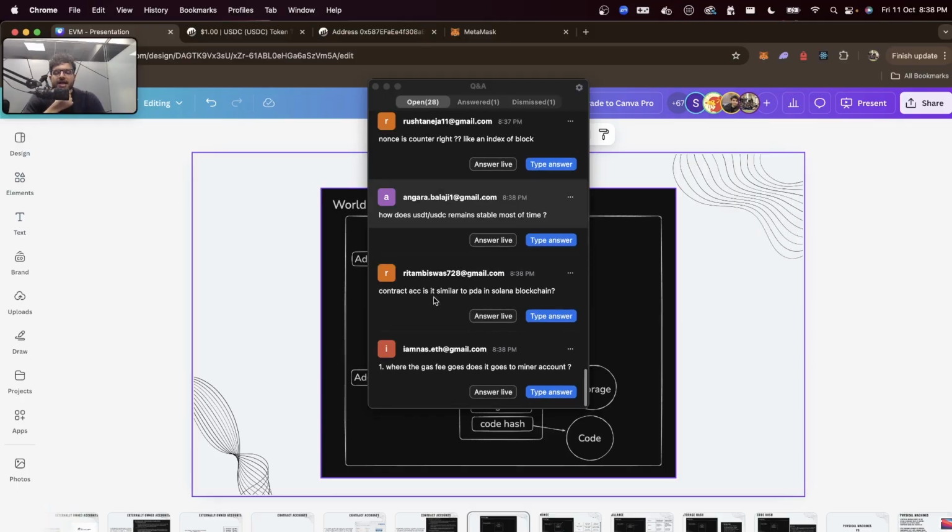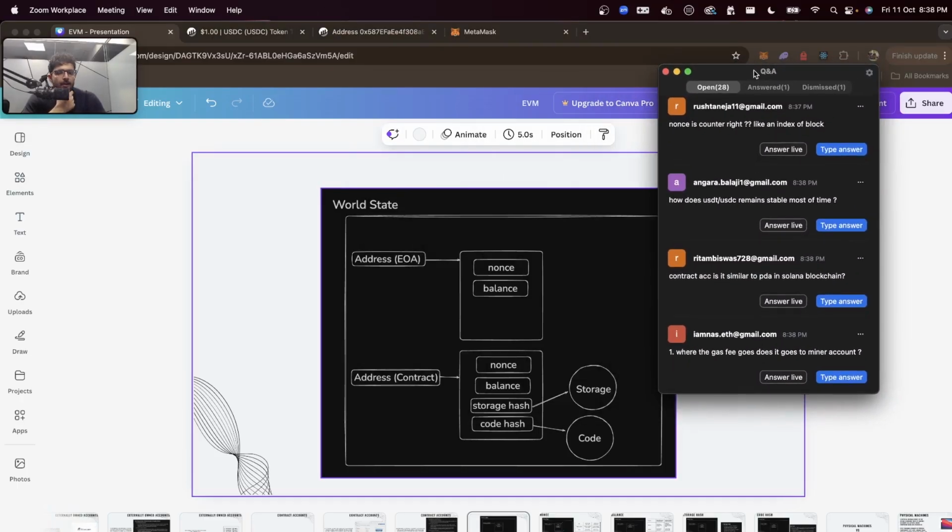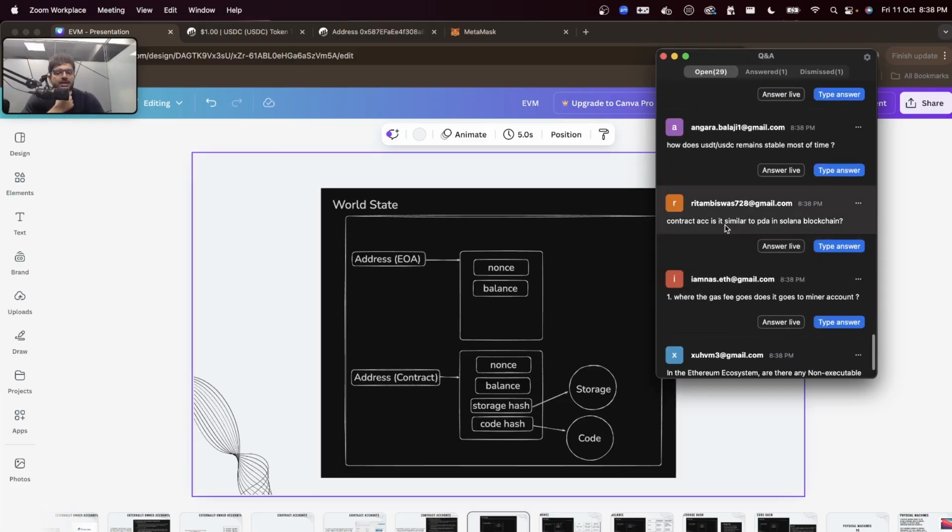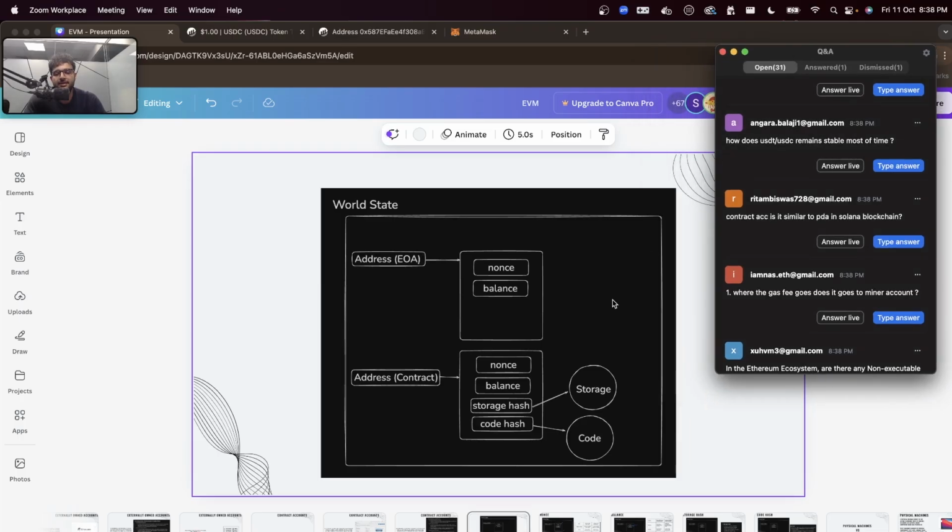Contract account is similar to PDA in blockchains. No. Contract account is not similar to PDAs in Solana blockchain. PDAs in Solana blockchain actually store the state. It's very different. In case of Ethereum, you have a single address that sort of stores the whole state. In case of Solana, you have multiple addresses that store the state of your application. If you are creating an Uber application,